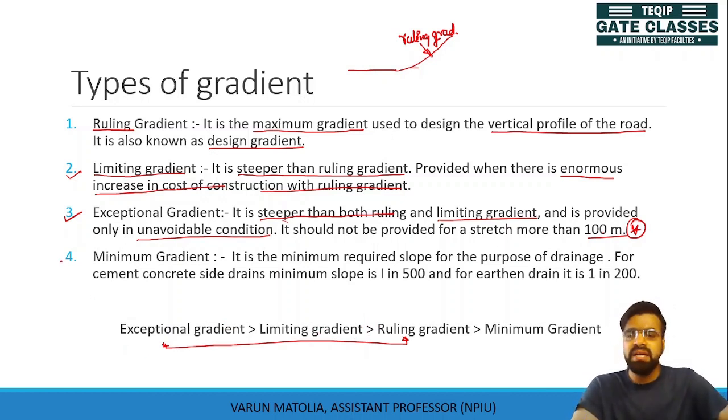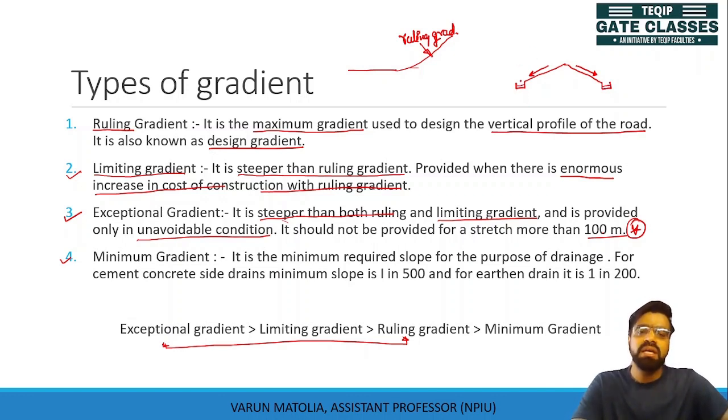One another type of gradient is provided so that the drains on the sides can allow the water to drain off in longitudinal direction. Let us say this road surface has camber, and I am making the cross section. Here is the drainage which is running parallel to the road with the same vertical alignment. When water comes into these drains from the road because of camber, the water stays here.